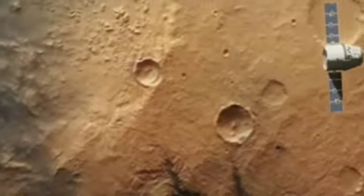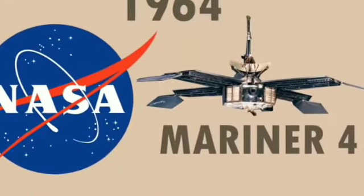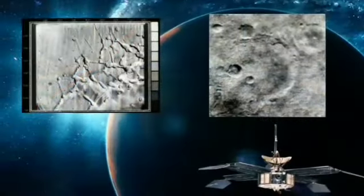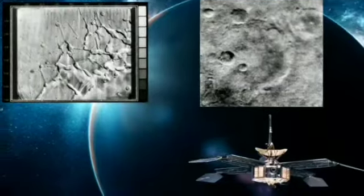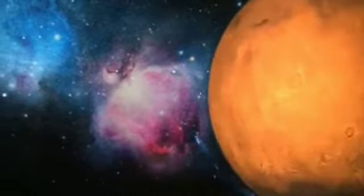Mars has been explored by several uncrewed spacecraft, beginning with Mariner 4 in 1965. NASA's Viking 1 lander transmitted the first images from the Martian surface in 1976. Two countries have successfully deployed rovers on Mars, the United States first doing so with Sojourner in 1997 and China